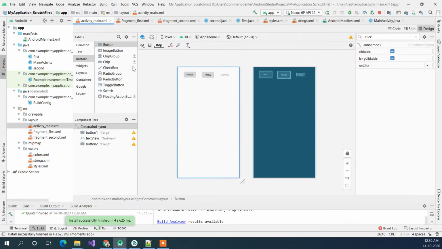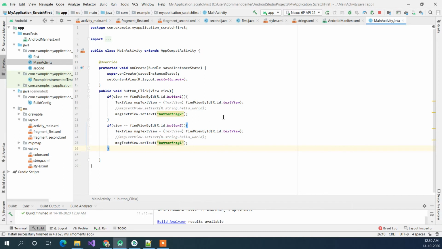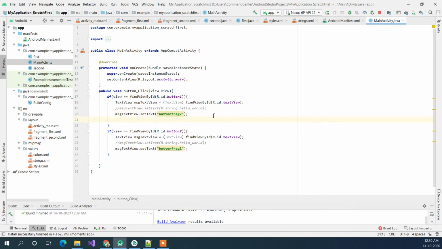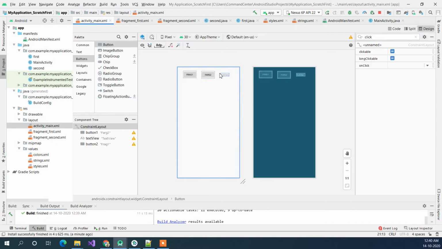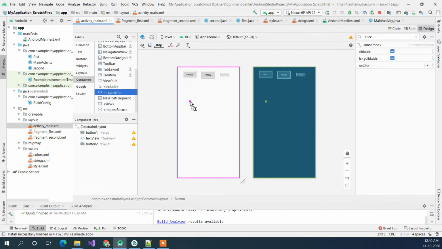And let's go back again to main activity, and here we need to add a bunch of stuff. Before moving to this, we need one more thing to be added in activity main. So we have added 2 buttons, right, and the label. So we need to add a frame here as well. In order to add a frame, we need to go to the layout and choose, not layout, maybe container. Yes, so inside a container we have a fragment.